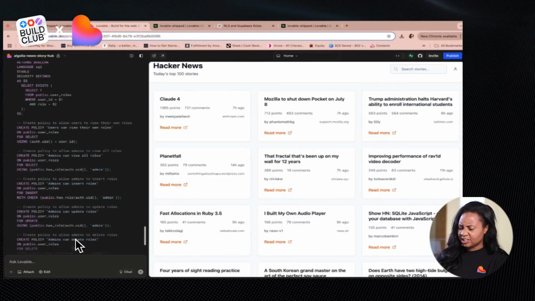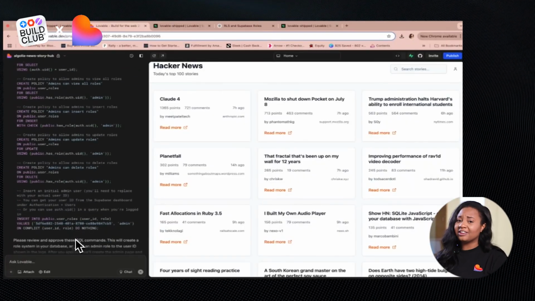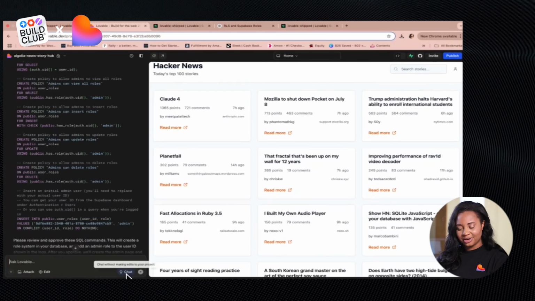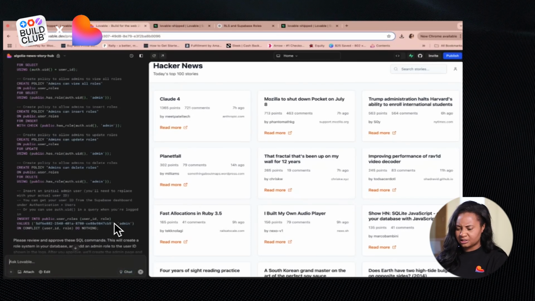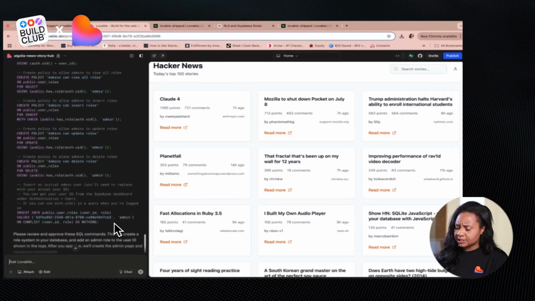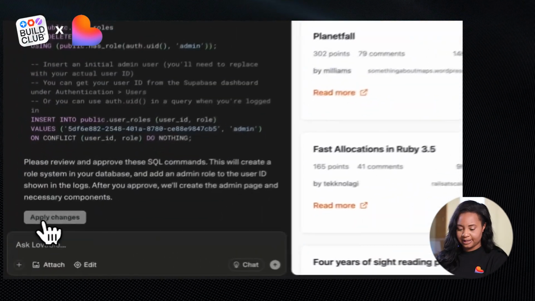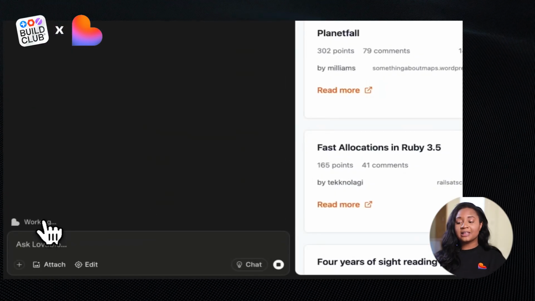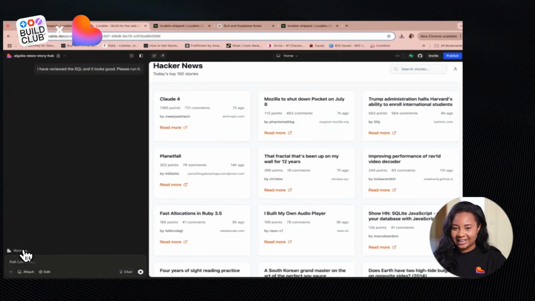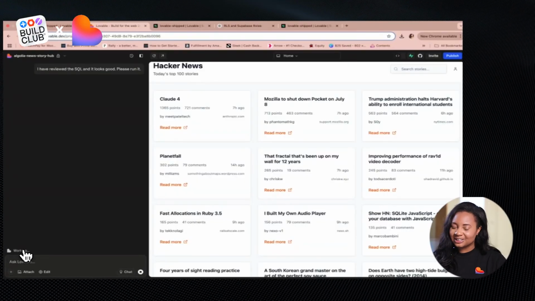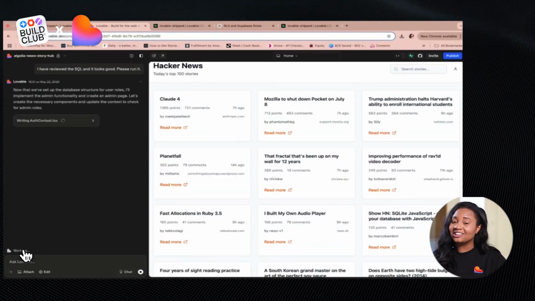Now, once I finish reading this and it looks all up to par, again, if I'm unsure of something, I can always toggle on chat mode and ask follow-up questions. But for now, this looks like exactly what I want to do. So I'm going to click the apply changes button. And now Lovable is going to write my Supabase functionalities, SQL, and code to enable row level security and those